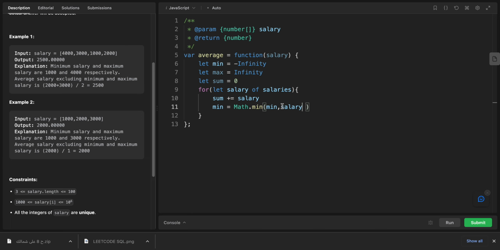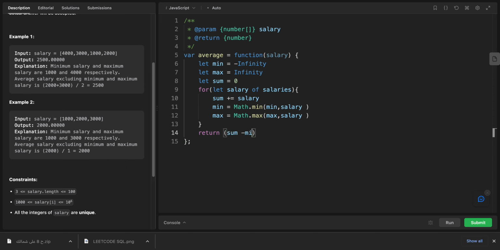Right now I'm adding to the sum. Okay, and also it will be max: Math.max, the max, not min, max or salary. So right now we're getting the min and the max and the sum, and we want to get the full value. So return, as we said before,